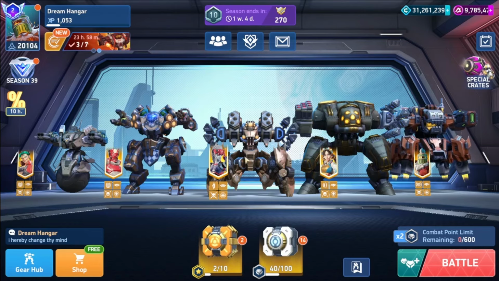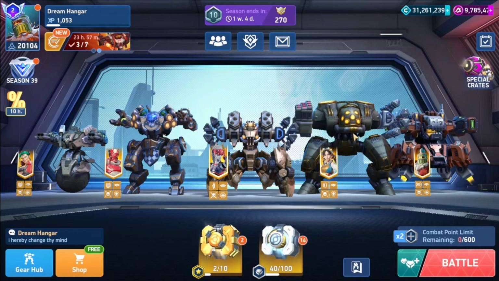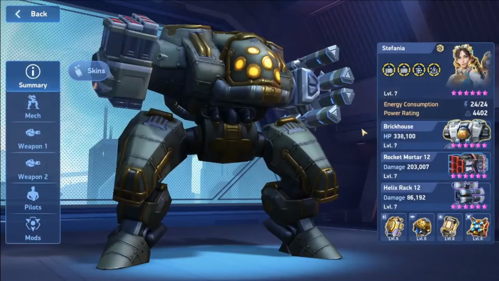A double mortar Brickhouse is actually not bad. Very, very useful in team matches. But again, I don't think it's worth having a mortar platform and a helix platform in the same hangar. In terms of the implants, I went with a guided pilot, the helix damage, the mortar damage and radius, and